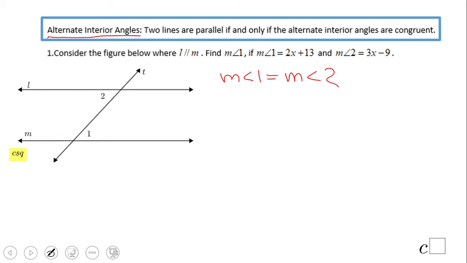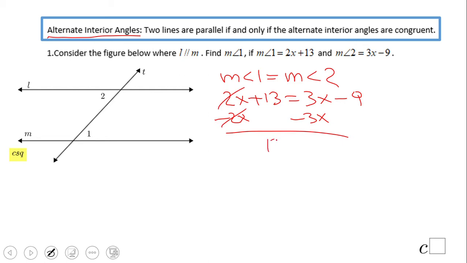Substitute angle 1 with 2x plus 13 and angle 2 with 3x minus 9 and solve for x. So for this, we're going to subtract 2x from both sides. We're going to get 13 equals x minus 9. We're going to add 9 to both sides, and x equals